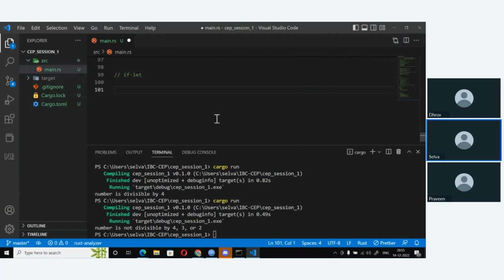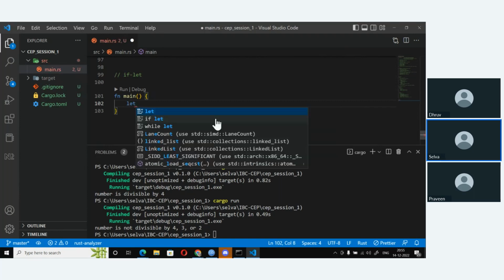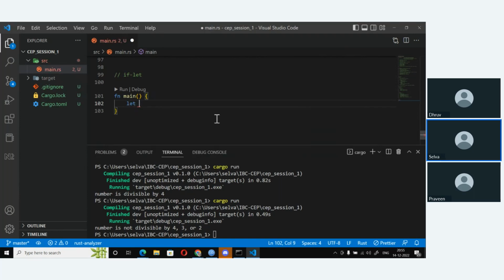What it means is that I want to give, say, let number assign say 6. And what I can do is I can say let more than 5, and I say this is equal to if,